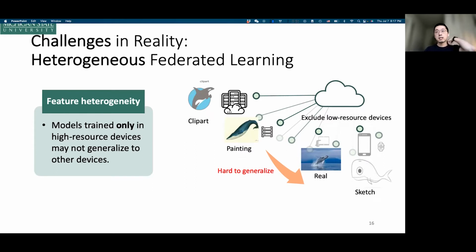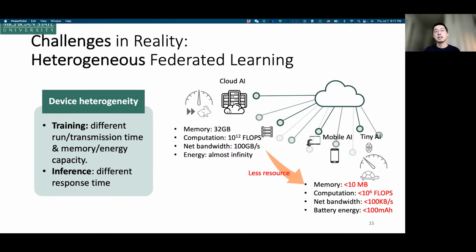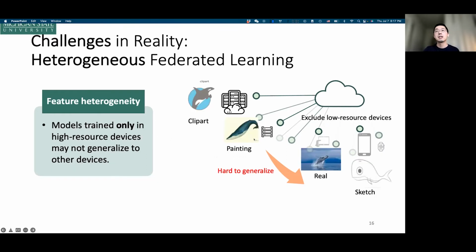Since some devices are not that powerful, our question may be, can we simply drop these low-resource devices and just do training on the powerful devices? Practically it's possible, you can do this, but the problem is that the model may not perform well because the devices may collect data from different data distributions.